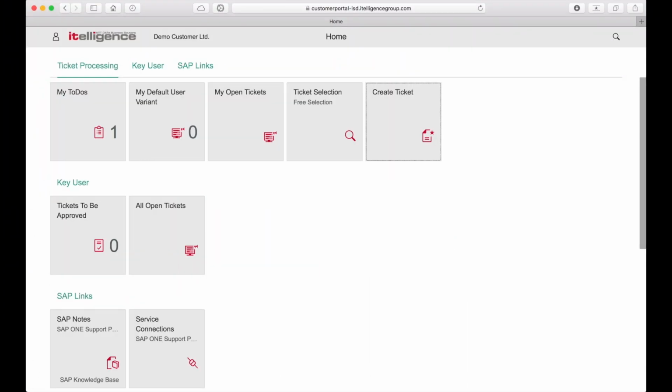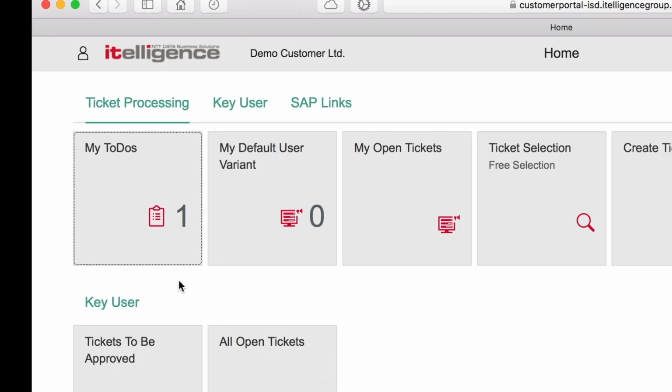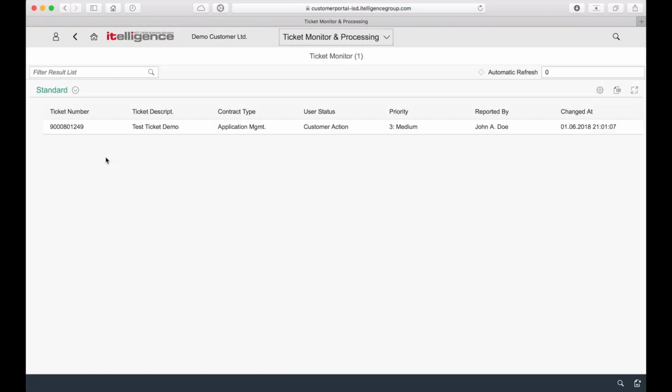The Ticket Monitor is another application you can use to access your open tickets. This is not a single tile, since the monitor can be used with a large variety of selections. Some of them are already provided at your homepage, so let's focus on them. A very important tile for the Ticket Monitor is My To-Dos. As soon as you open it up, you can access all your tickets you have to react or to interact